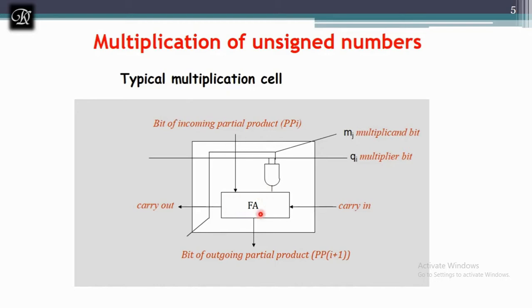So for that, when it comes to addition, we will be making use of a full adder, and the previous bit will be giving a carry input to the next stage, the next partial product. So that is also followed by the full adder, and by making use of this type of cell array, we are going to construct a multiplier, which is going to perform the task we have discussed in the previous example.